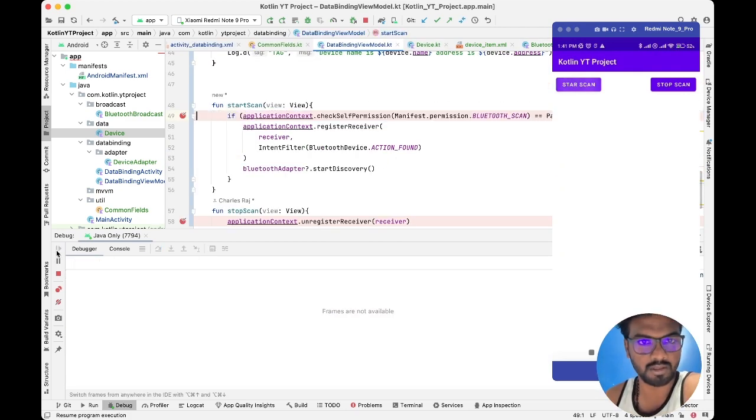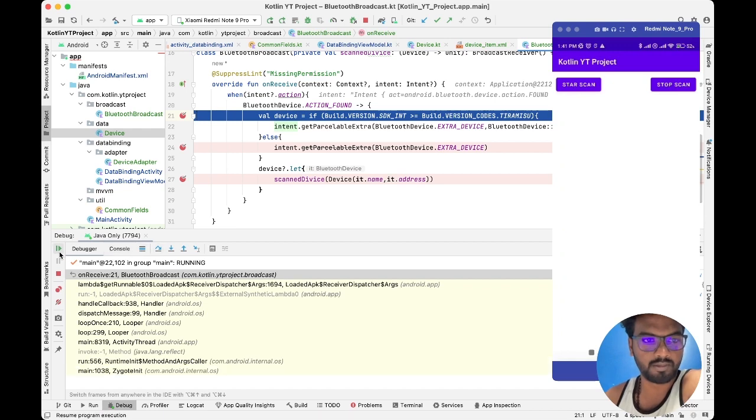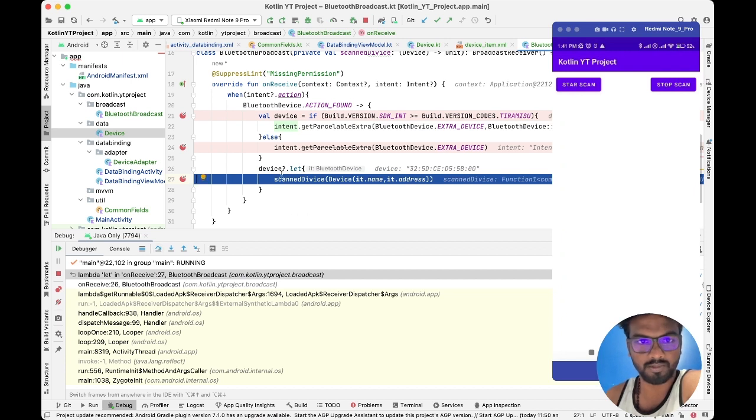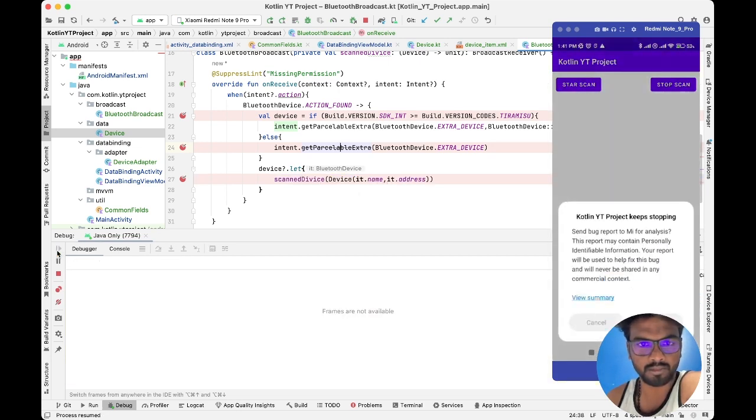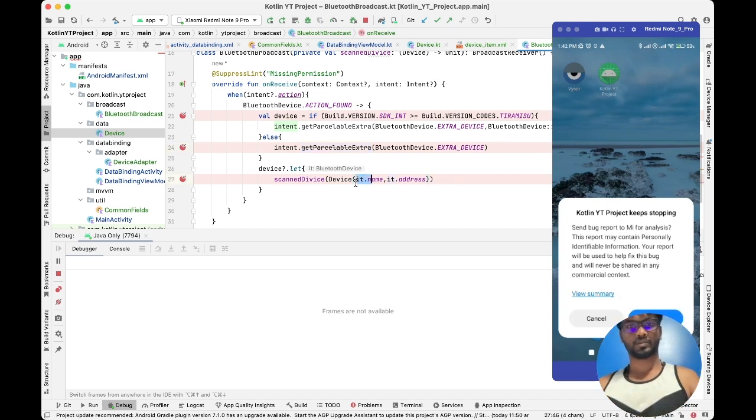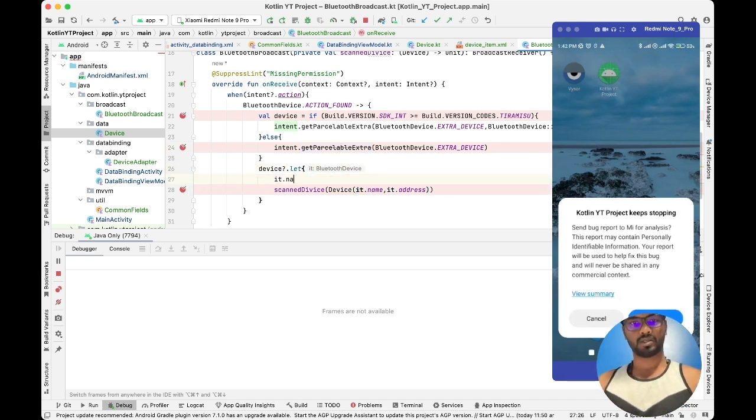Start scan, started, it's done. Okay, it's coming inside. Okay, so device is there, device address, where's the name? Okay, we'll add it dot